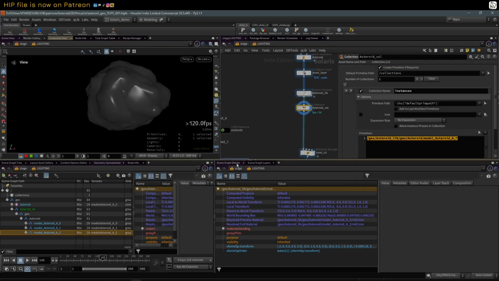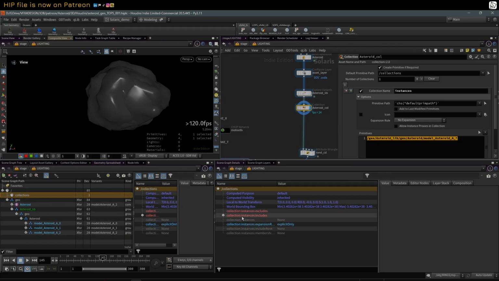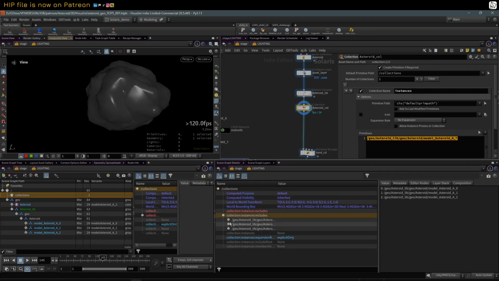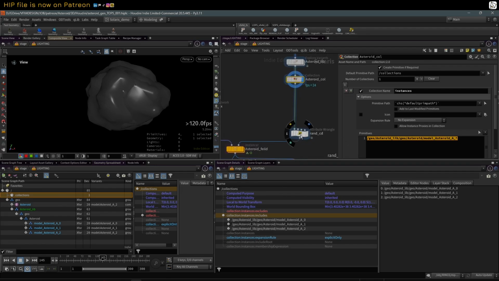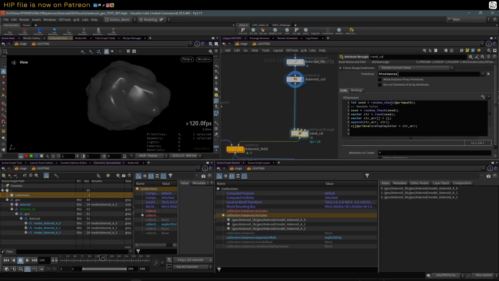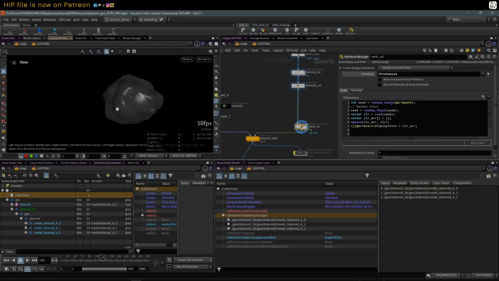So my collection lives here, and the includes of the collection, as you can see, are just these. They've got an index and they're basically just those. So I'm randomizing the color, and I'm doing it again on that collection. I'm doing modulus, or percentage sign, whatever floats your boat. You can call it anything. And I'm using instances, just randomly coloring the